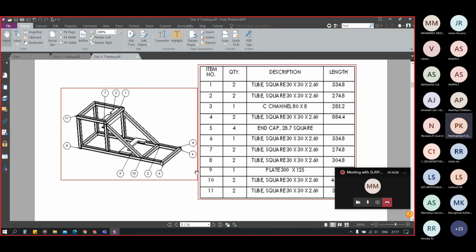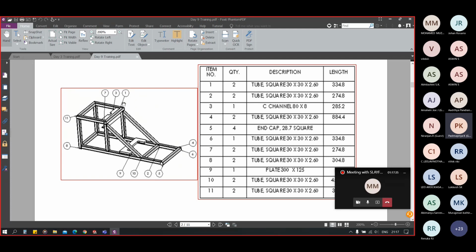Weldment table is similar to a bill of material, but it is used for welded structures. Now you can see this is like some frame of some machine, and it has 11 different types of pipes and structural members. To avoid misconception, we can mark those bodies using a balloon feature from 1 to 11, and in the table we will have our item number 1.